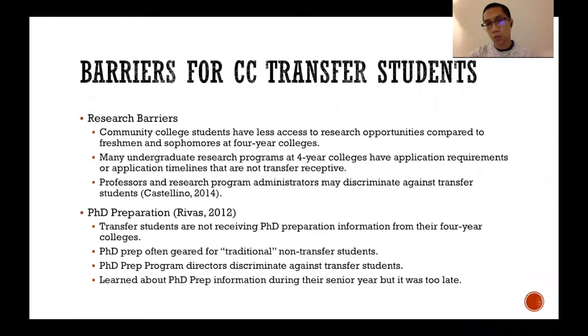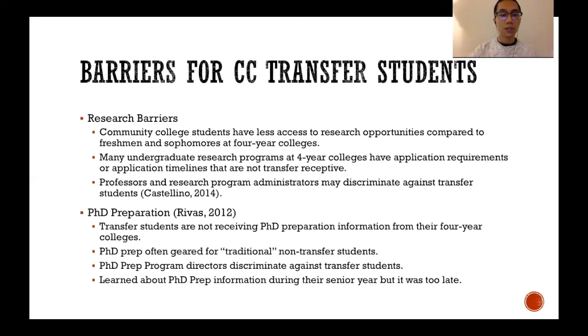There are several reasons why community college alumni are underrepresented, but I just want to focus specifically on after community college students transfer. They face various research barriers as community college transfer students, and they also face PhD preparation barriers as transfer students.